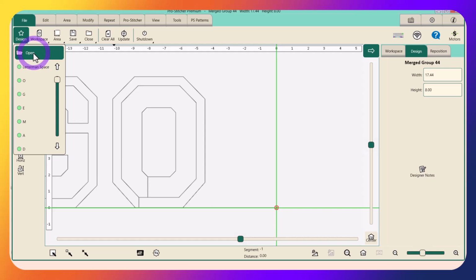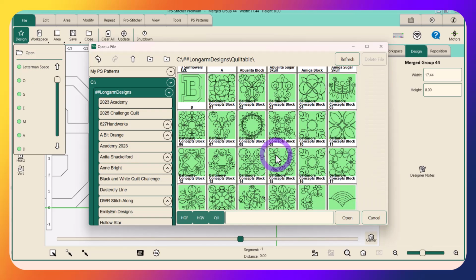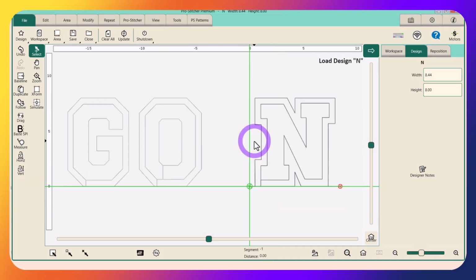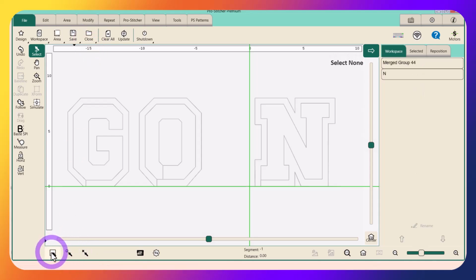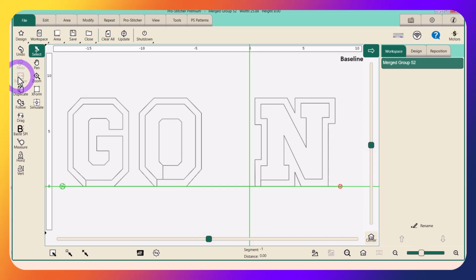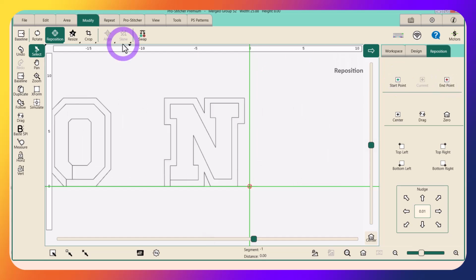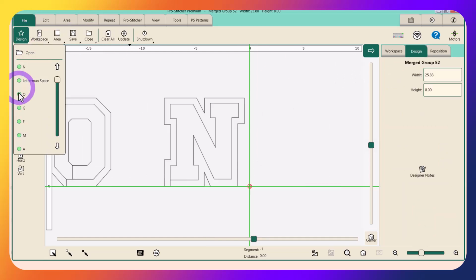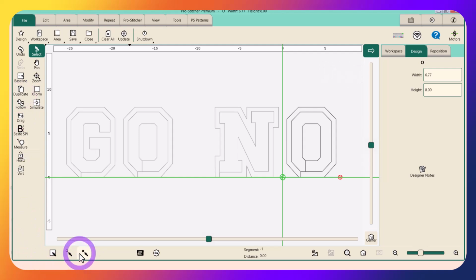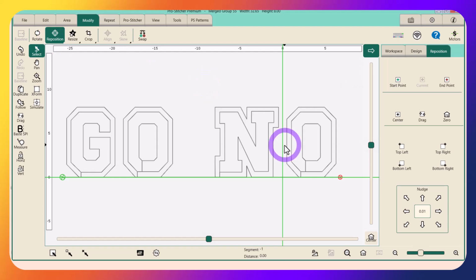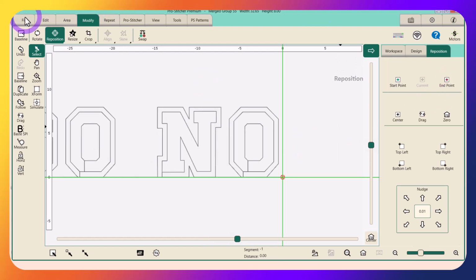Open it. Go get our N. Double tap. And then I'm going to select none, select all, baseline. And then I'm going to move this design's endpoint to my crosshairs, modify, reposition, endpoint, and then just keep opening my letters. Select none, select all, baseline, modify, reposition, endpoint, open up the T,